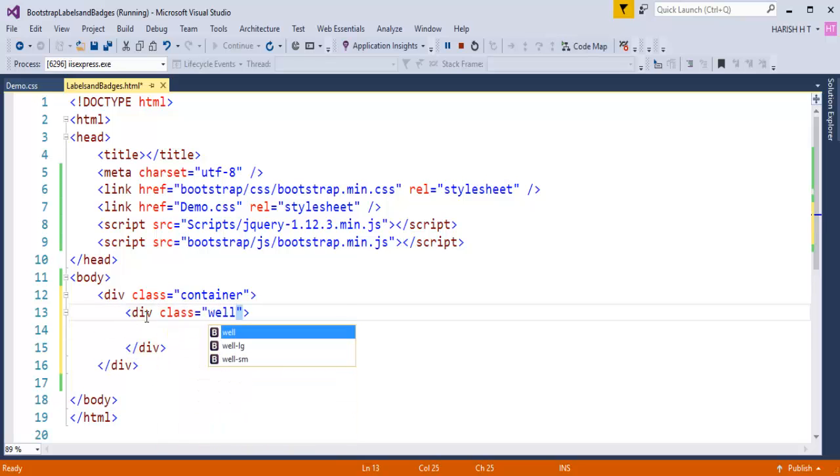In the last session we learned what the well class is. If you need to highlight content in your web page from other content, we make use of this well class. Whatever I write between this div, which has the class well, is going to be highlighted. So what I'll do right now is take h3, and to this h3 tag I'm going to add something like courses